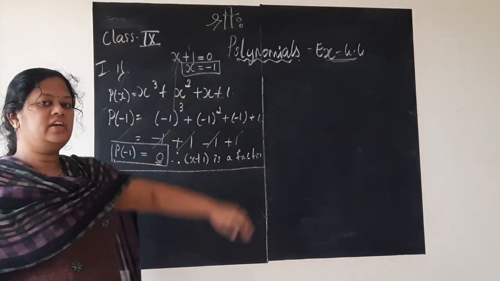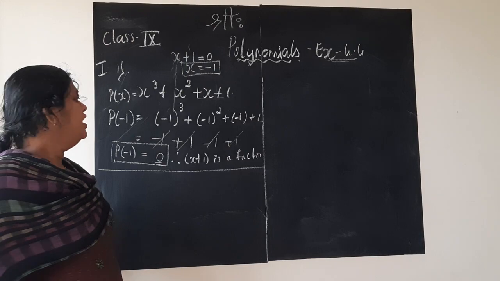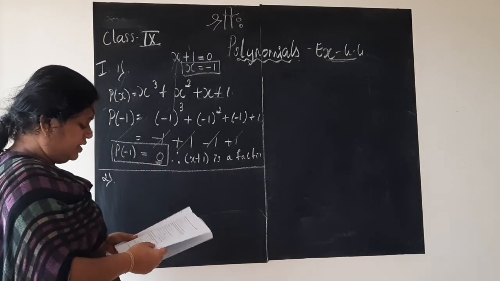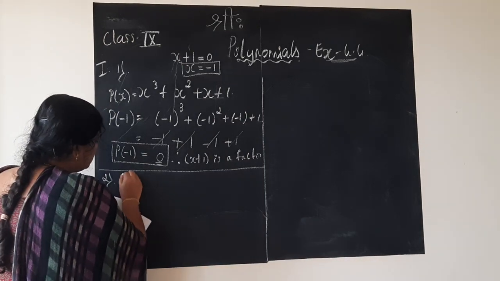Whatever the term will be given, equate it to 0 and find out the value of x. Next, throughout the equation, substitute the value of x. So, next problem onwards will be a little faster. We know what it is. So, given